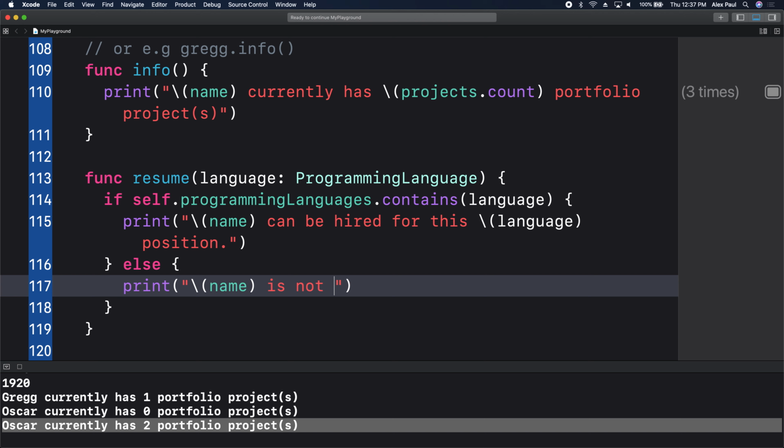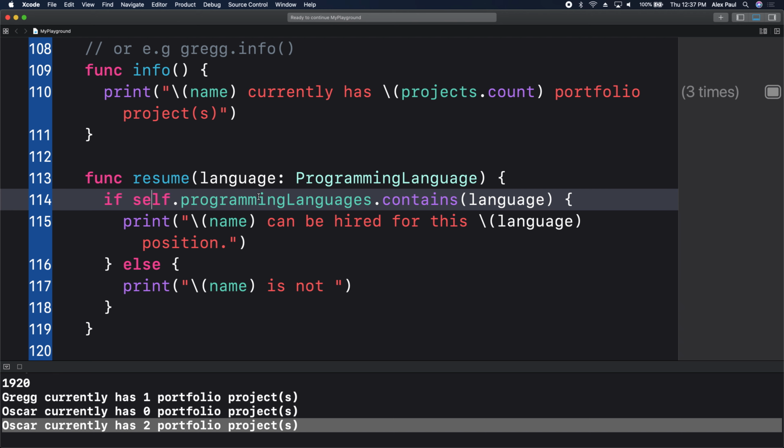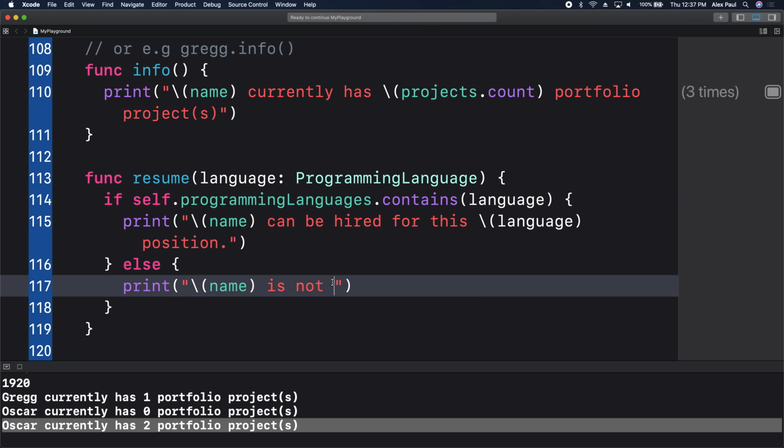If self. So if that instance programming language contains the language we're interested in, self is the instance. Example, Oscar is an instance and Greg, correct? So replace self with Greg. So if Greg programming languages contains that language, cool? So that's what we said with self yesterday. Self represents that instance that called the resume function. Cool? Very good. So here we have name is not